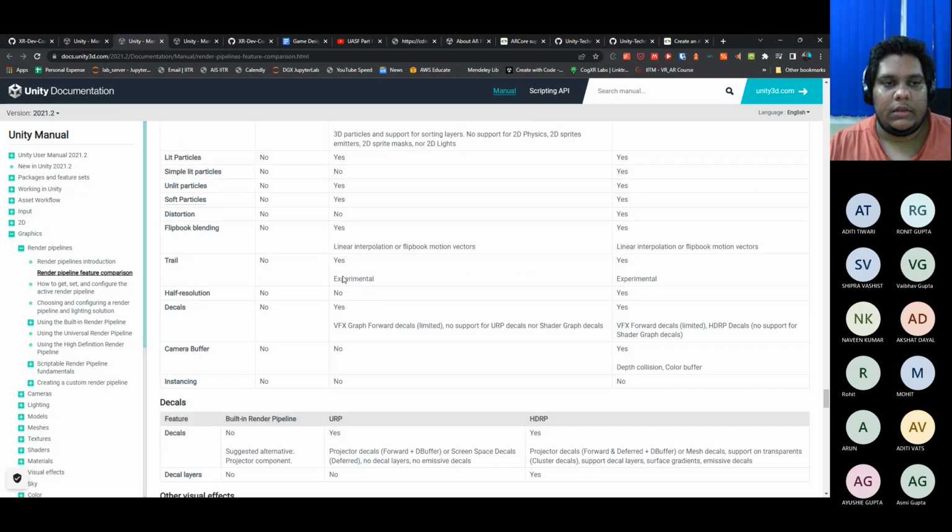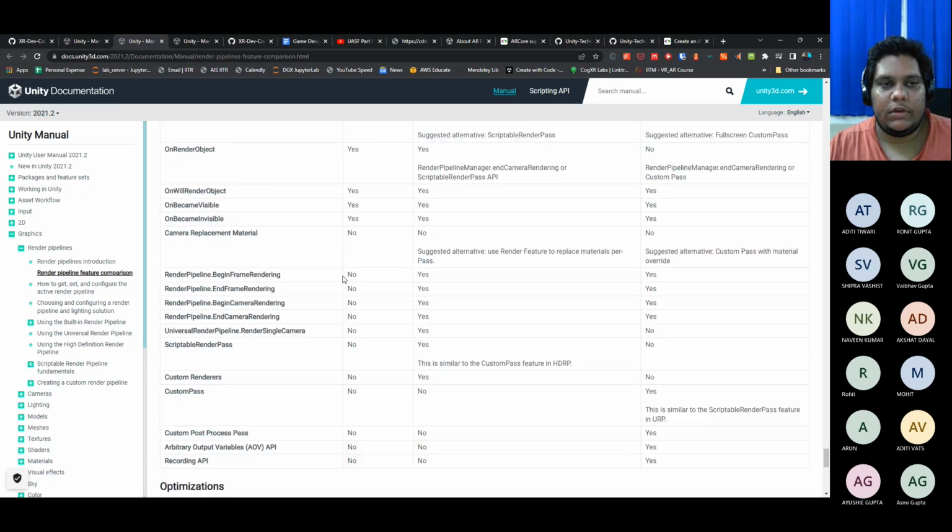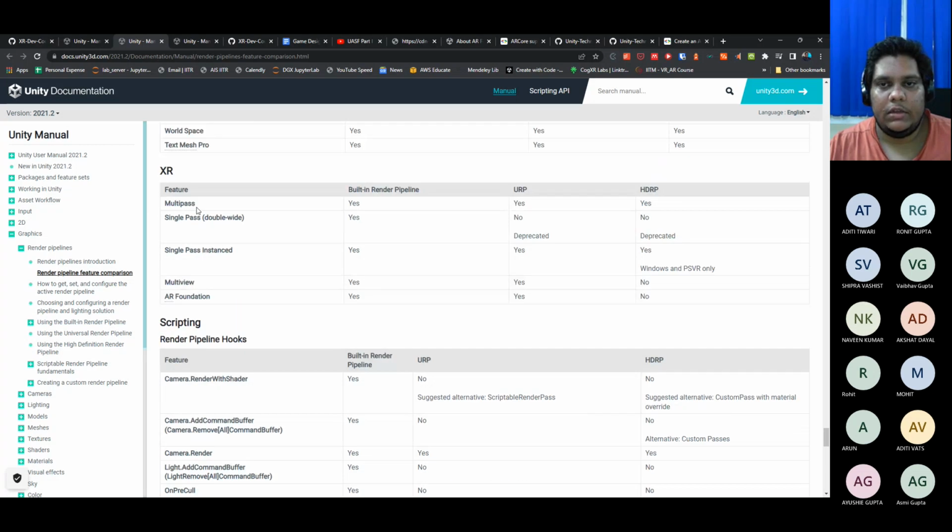As for XR also, we have different options available. For AR Foundation, for using AR, which is mobile based AR or HoloLens based AR, it is available in the built-in render pipeline and URP, but not in HDRP.